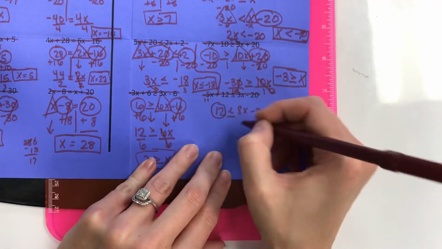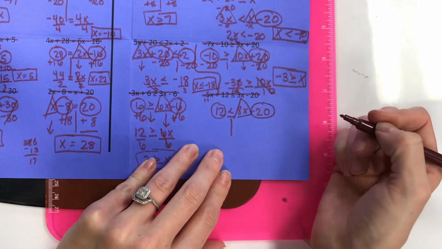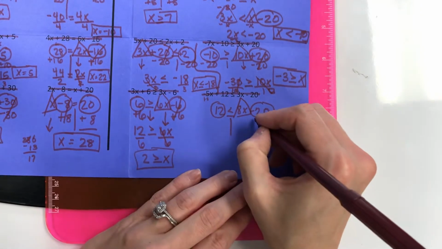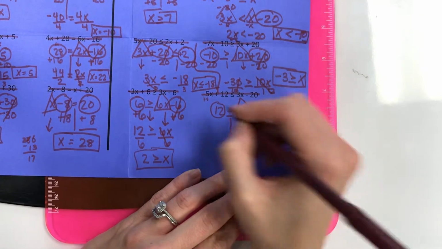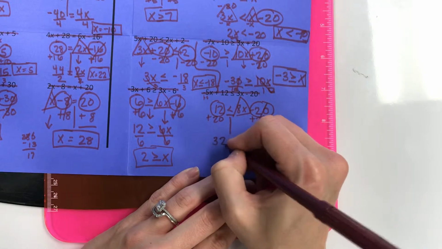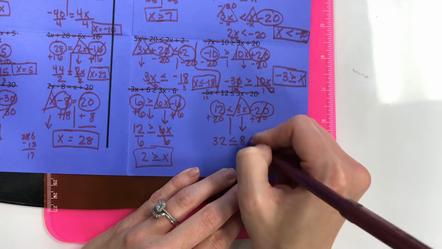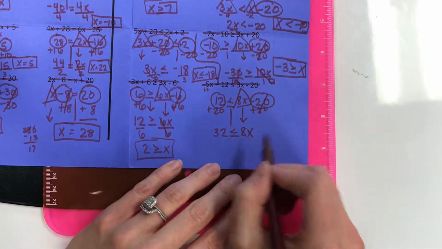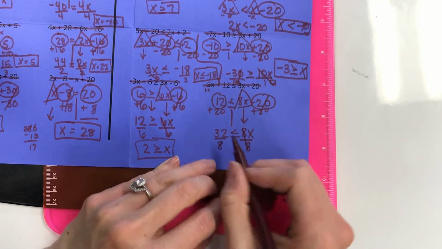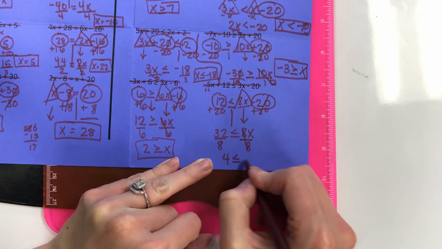Okay, last one. 12 is less than or equal to 8x minus 20. I'm not going to have to flip any of these. Weird. That's okay. So I'm going to add 20 to get rid of it, add 20 on this side, so that's 32. Bring your sign down, bring your variable down. And again, my 8, that's a positive number, so I don't have to flip my sign. 32 divided by 8 is 4. So 4 is less than or equal to